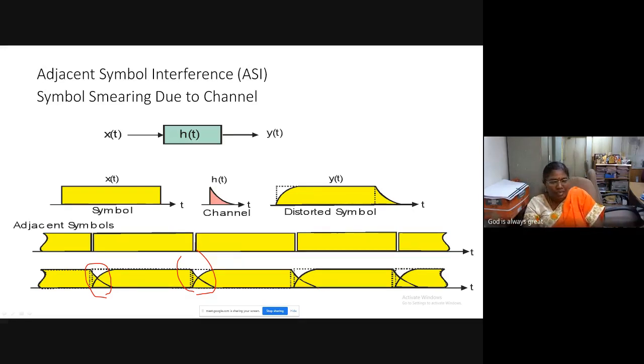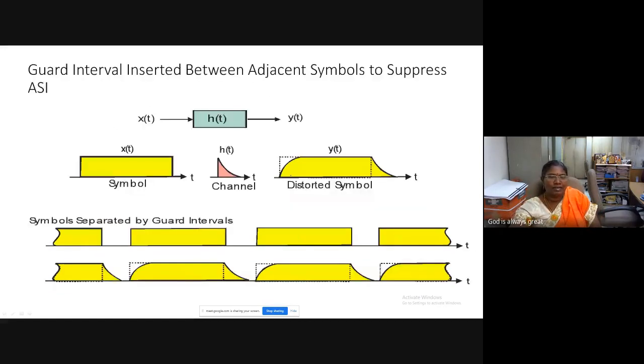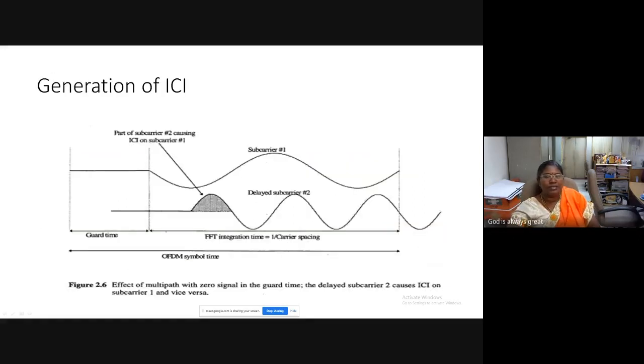So to overcome the adjacent symbol interference, the method suggested is the use of guard bands. That is, after the first symbol is transmitted, leave a certain interval of time and then transmit the second symbol, in such a way that adjacent symbol interference is avoided. But the use of guard bands had one negative point. The negative point is that the orthogonality between the subcarriers gets lost.